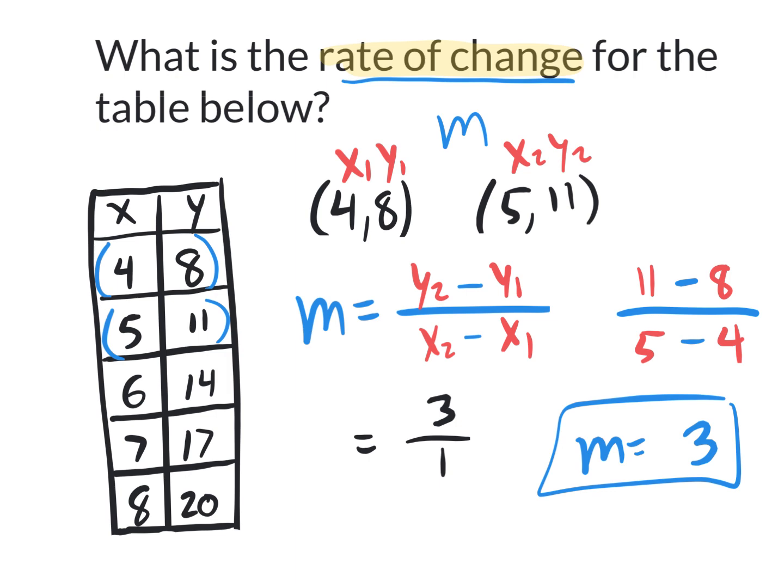What I would like you to do is understand that these are coordinates and use the slope formula, right? But the shortcut way is if the inputs are in consecutive integer order, 4, 5, 6, 7, 8. If they're skipping around and out of order, you can't do it. But if they are in order like this, 4, 5, 6, 7, 8, then